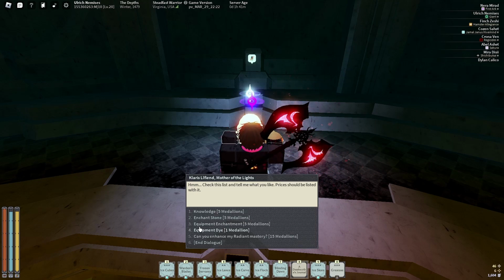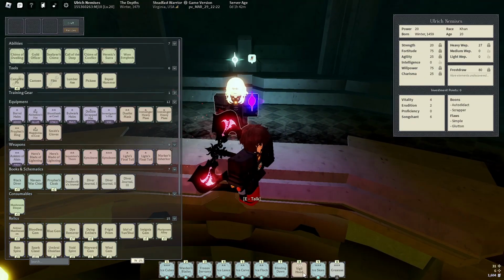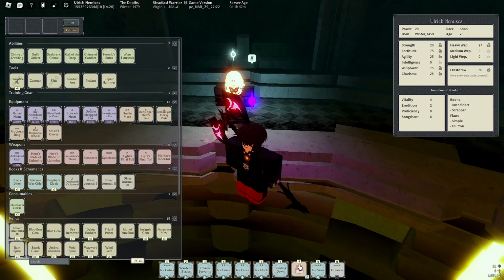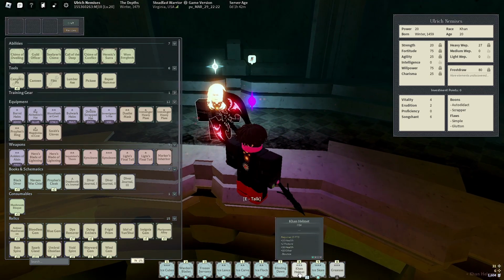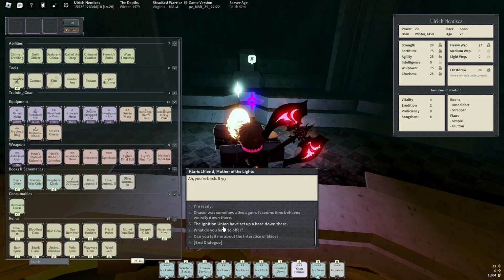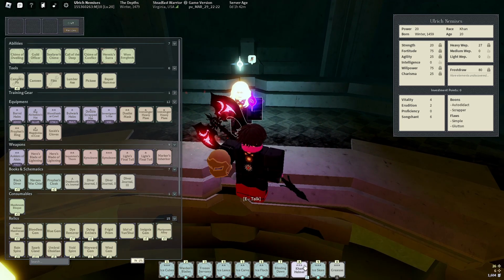Now, this is what you want, equipment enchant, and it costs us 5 medallions. I forgot about that, but I just did waste a couple. But you do have to equip it to re-update it. So now I do have bounce. If you don't want bounce on it, all you have to do is do it again, and it will just cycle through enchants. So if I re-equip it here,